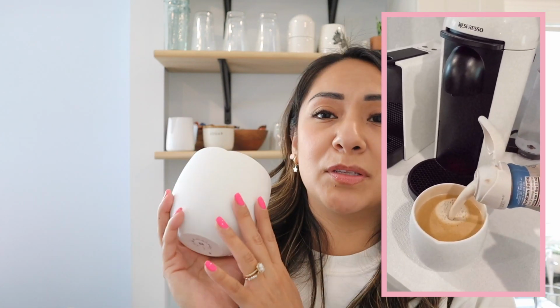And this one also fits a coffee pod size, but I can't add the half a cup of almond milk that I always add to most of my drinks. So with this one, I have to do creamer, and then it's fine. If you guys do coffee pot size and creamer, then this one is a really nice cup. It's so pretty, so aesthetically pleasing, and it has a really nice pinky beige inside,